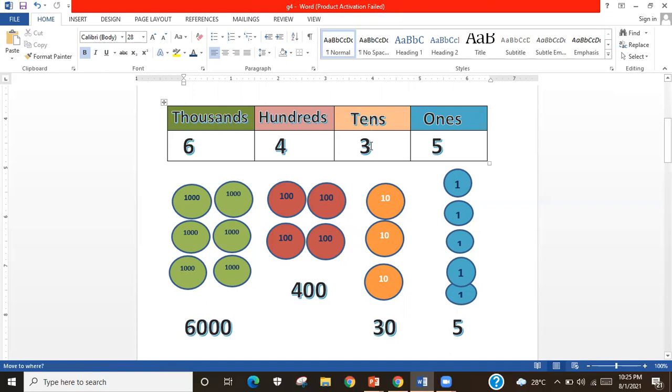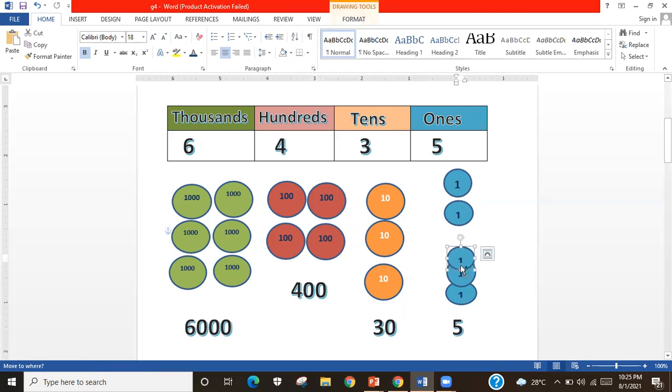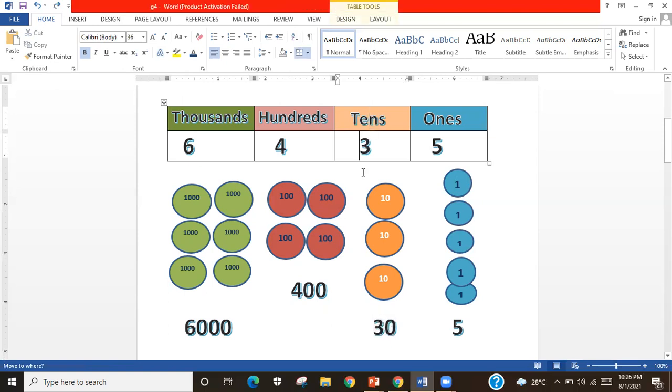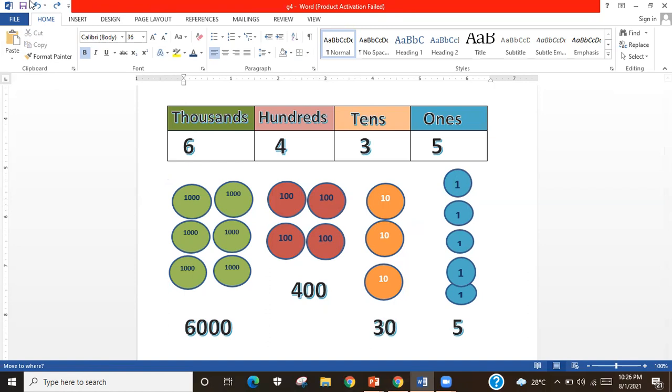So you will identify the first digit as ones, that is 5 times ones. And the second digit is 3, identified by tens. That means you have 3 times tens. That is called 30. Now come to the next column.